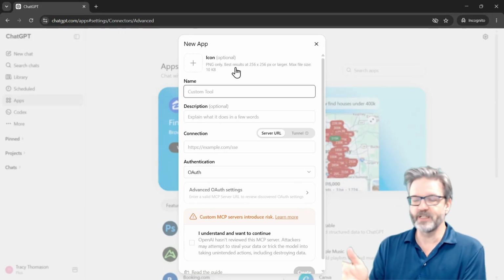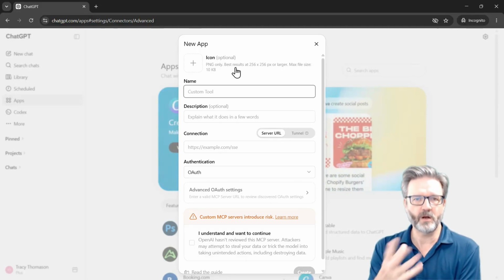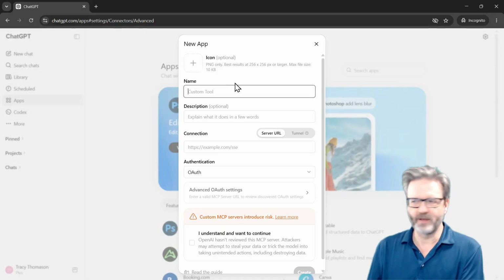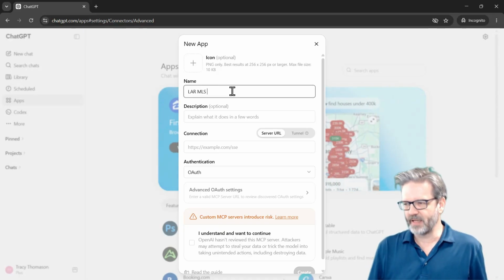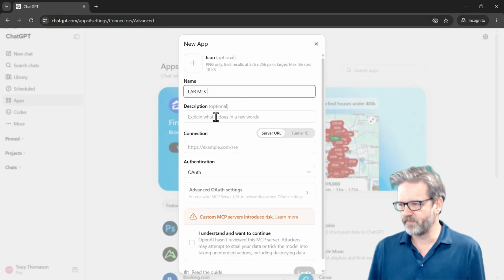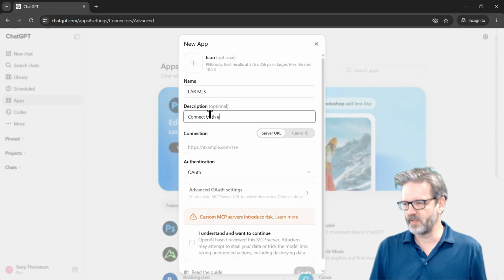The first option is for an icon, but that is optional. We saw in Claude that Claude automatically imported the Flexmls icon. I'm not going to do that right now. Maybe it'll import it for us later. I'm going to name this LAR MLS, just like I did in the Claude video. And to ask for a description, I'm just going to say connect to the LAR MLS